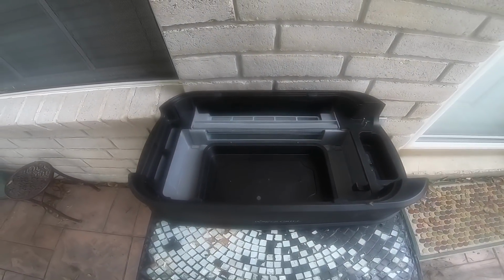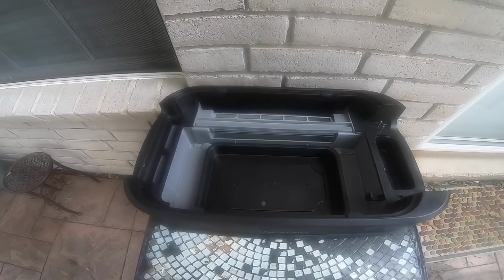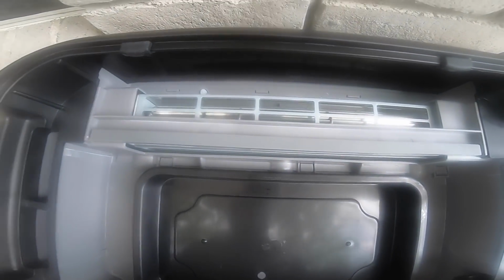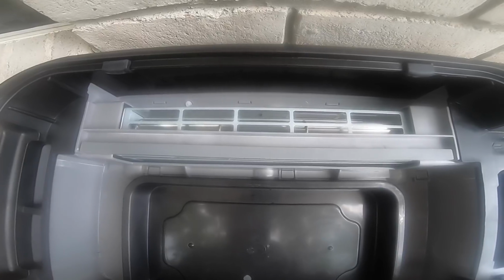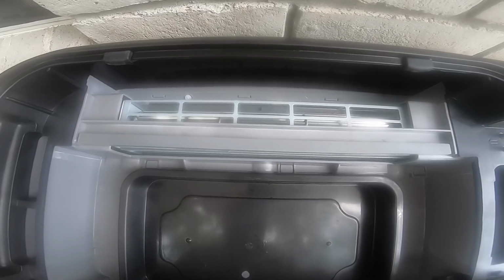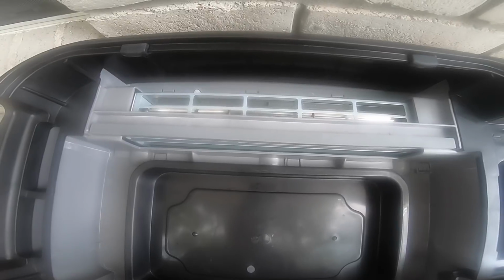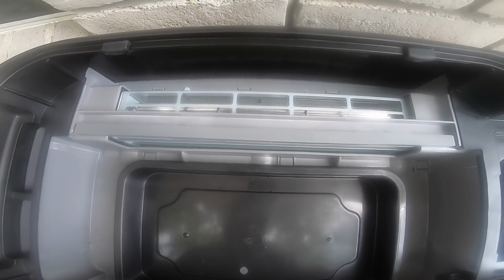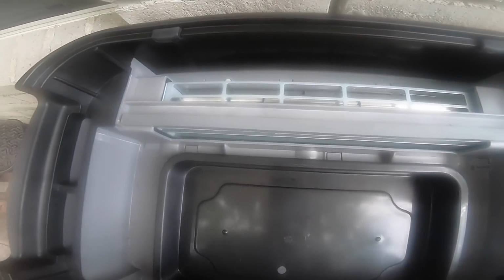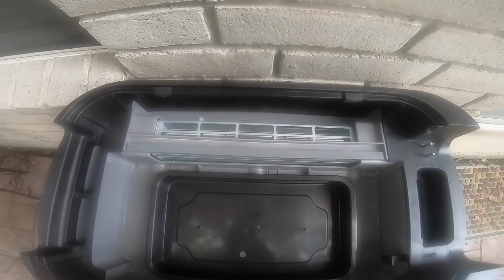As you can see, I've got the grill disassembled, and I've only got the base right here because I wanted to show you what's inside. Inside is a little fan. One of the things the fan does is suck the smoke down from what's grilling on the grill plate, but there's no filter that really takes away the smoke itself, or if there is a filter, it's not a very successful one, because when I cooked inside the house